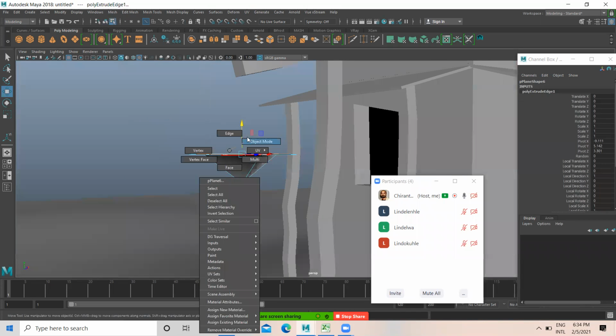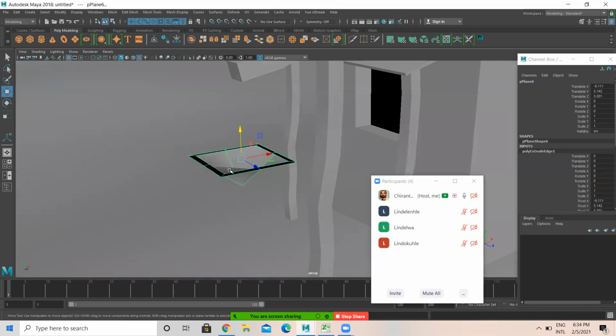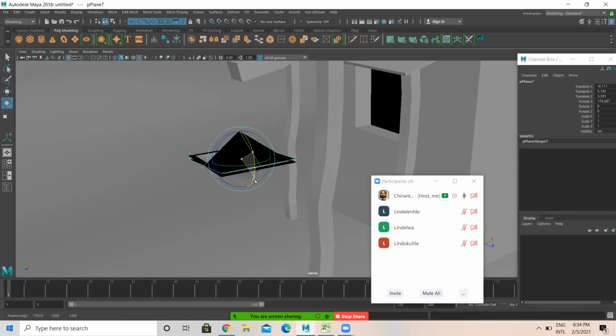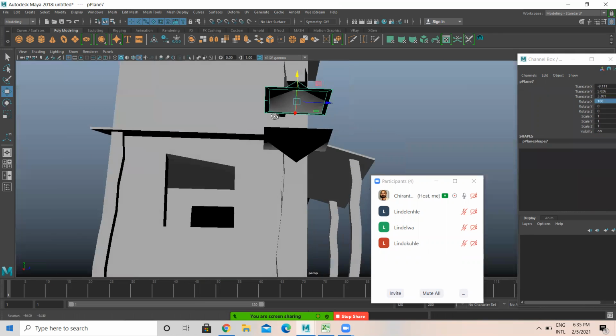Then just duplicate this, rotate it 180 degrees, and lift this up like this.